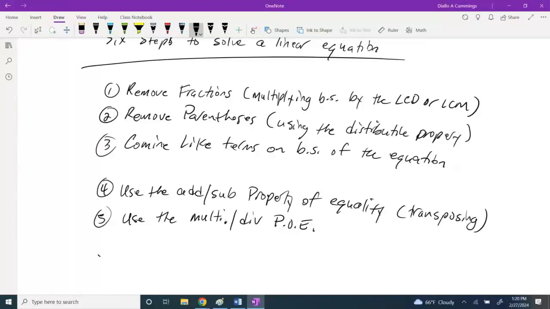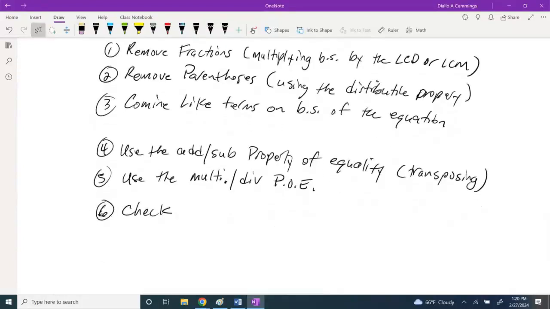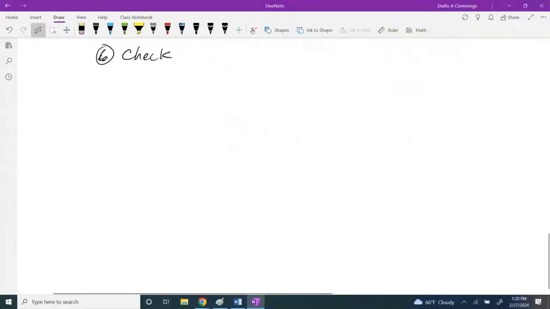And then the sixth step, which is optional, is to check. All right, so these are the 6 steps we're going to use to solve linear equations. All right, let's look at